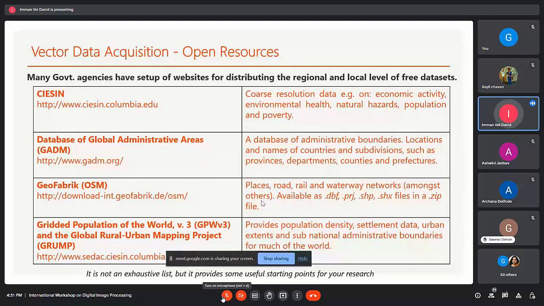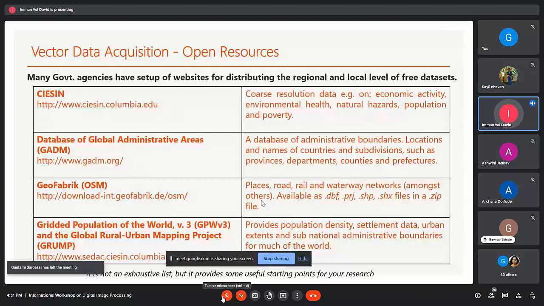Okay, so this is the main thing. Whoever is working over a larger area, for any country-based work or state level work, can collect that information. If you are working at the local level, district and taluk level, don't use these data, because these are only larger regional and local level datasets.